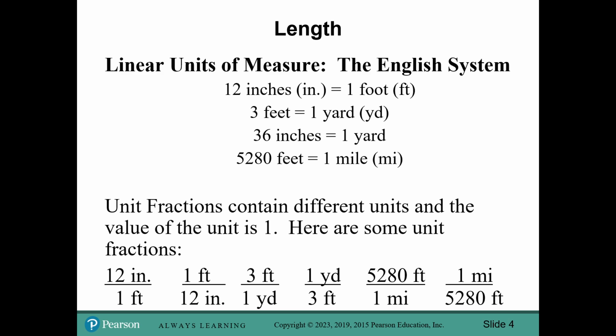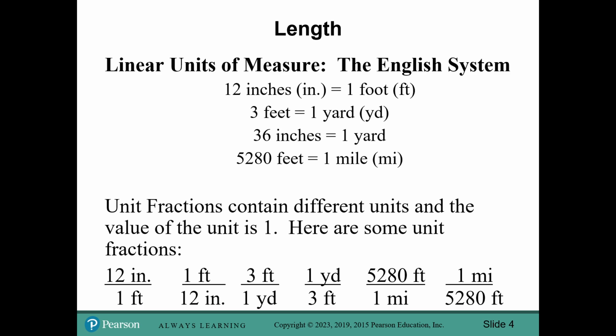Alright, we have our linear units of measure with the English system, where we have 12 inches equals 1 foot, 3 feet equals 1 yard, 36 inches equals 1 yard, and 5,280 feet equal a mile. So in the English system, the system that we primarily use over here in the U.S. is typically what we use: inches, feet, yards, and miles. Okay. Now, each one of those has a unit conversion. The unit conversion is what I just read through here. The 12 inches to a foot, 3 feet to a yard, 36 inches to a yard, 5,280 feet to 1